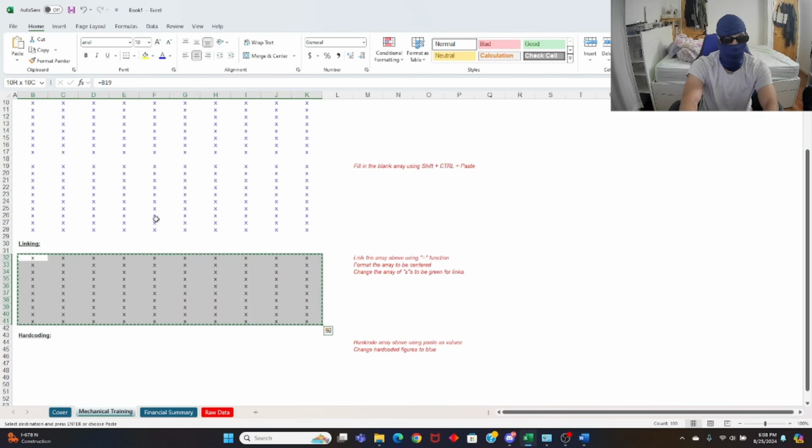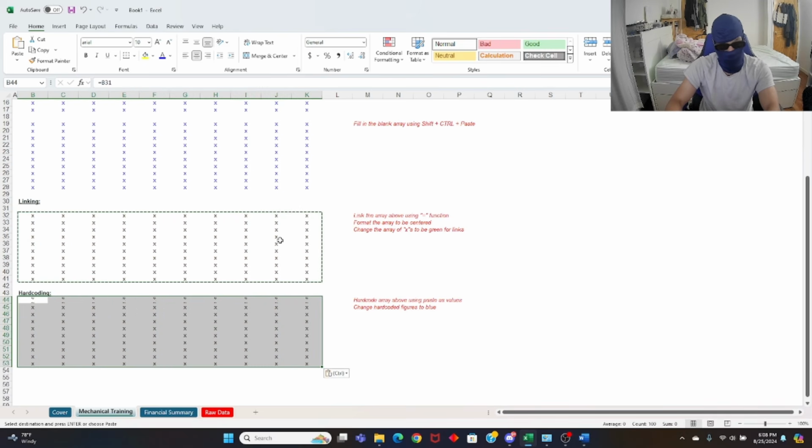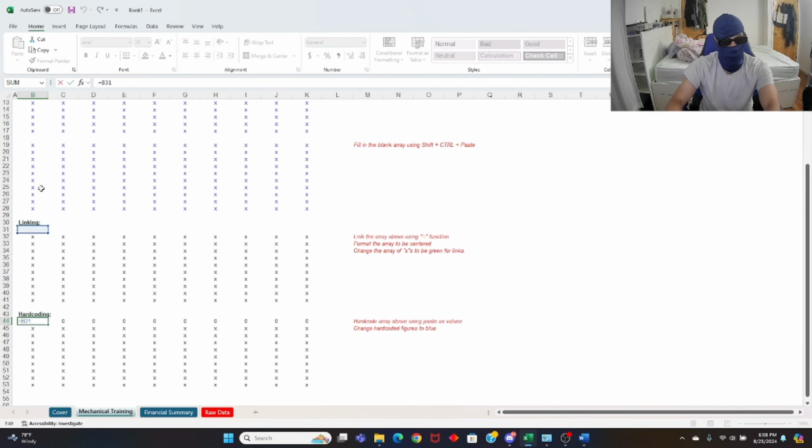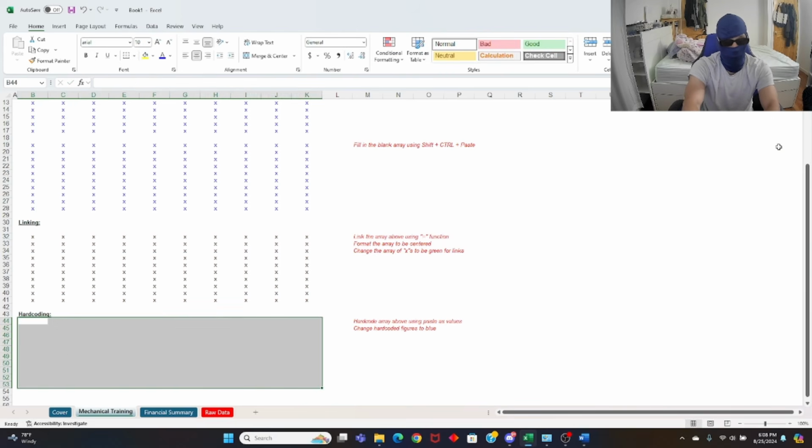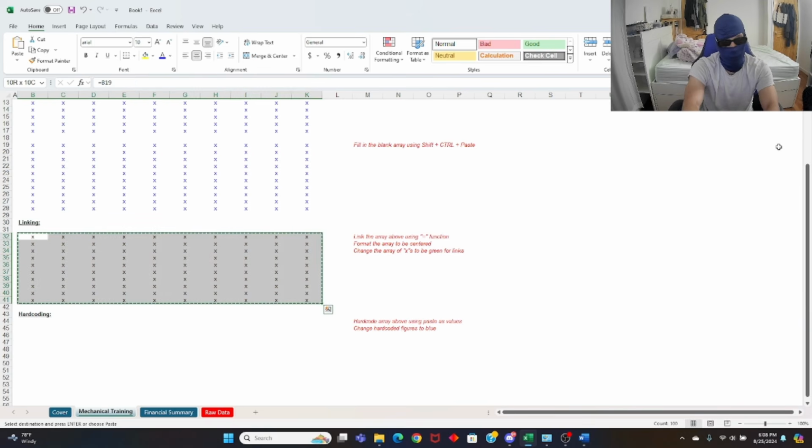Because let's say you're not consistent, or these values are completely different, or the spacing isn't consistent, and let's say you do Control V. The issue is that now your formula is dislocated, and now you're linking to the wrong location. So what we want is for the values here to populate here. You could either relink, or you could hard code. So you're gonna come here, you're gonna copy the array.